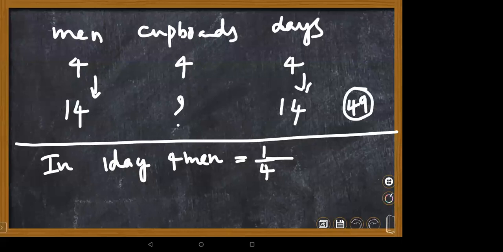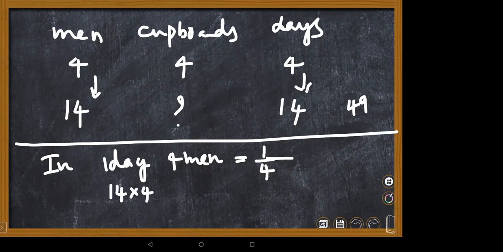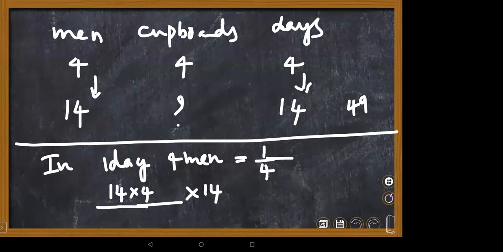How did you do it? Ma'am, can I tell the answer and formulas? Ma'am, same as the last one, I did 14 into 4 into 14 by 4 into 4, which is 784 by 16. As there are 14 men and 14 days, we need to do it again, multiplied by 14 into 14 and divided by 4 into 4, which is 16.